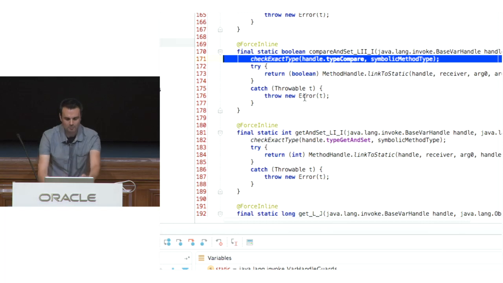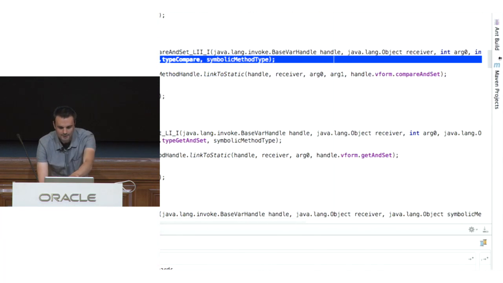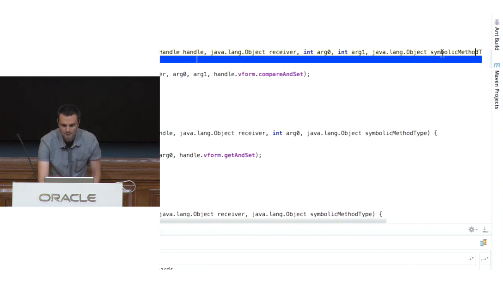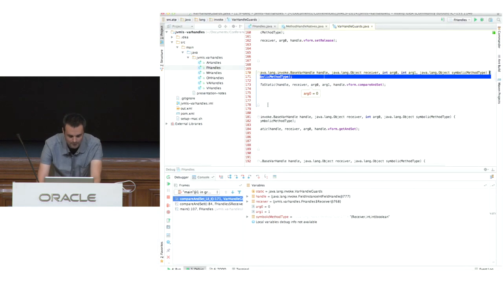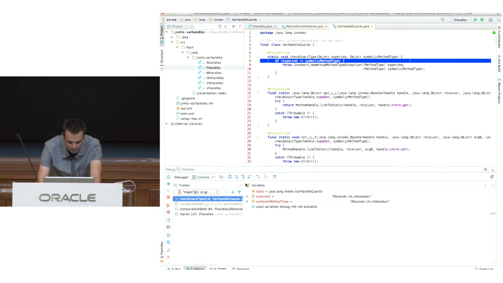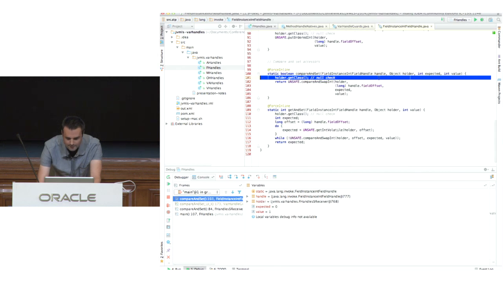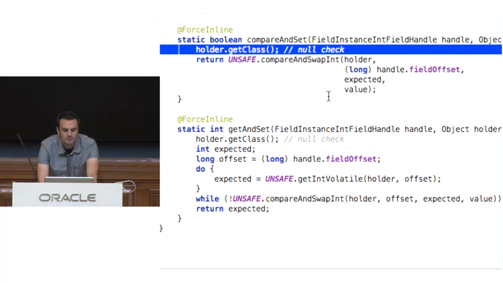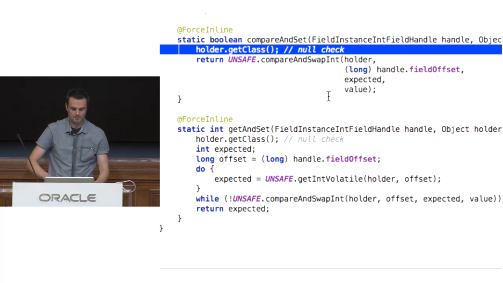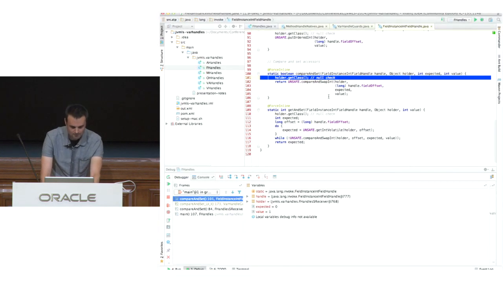So we go to one of these guard methods, which has an object receiver and an int, and a symbolic method type. And when we link it to the right one to do the compare and swap on int down here, it's the same pattern, doing the null check there. So no boxing going on at all. So we have a solution for primitives, but it might be a little bit too much sneakiness going on to